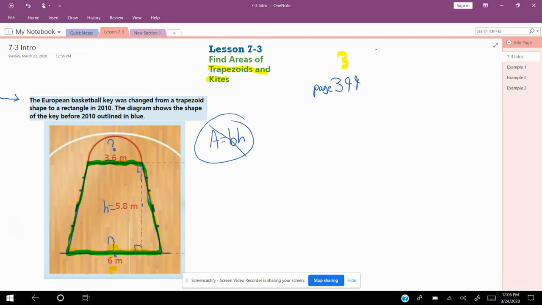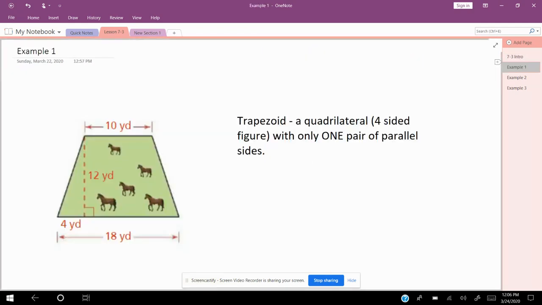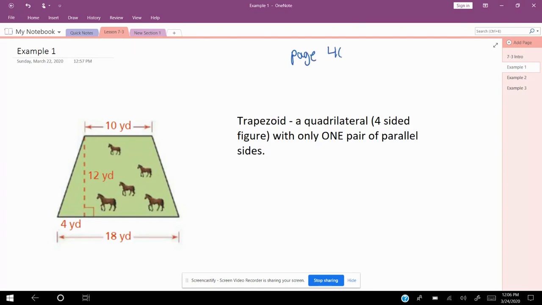Let's take a look at a little bit easier of a problem and see if you can figure out how to find the area of a trapezoid. So let's look at example 1. And again, this is on page 400 in your book if you want to take a look at it. It says a trapezoid is a quadrilateral, a four-sided figure, with only one pair of parallel sides. So over here on the left, we have a trapezoid. It looks like it is a horse pen. Why the pen is shaped like a trapezoid or a field, I have no idea why,